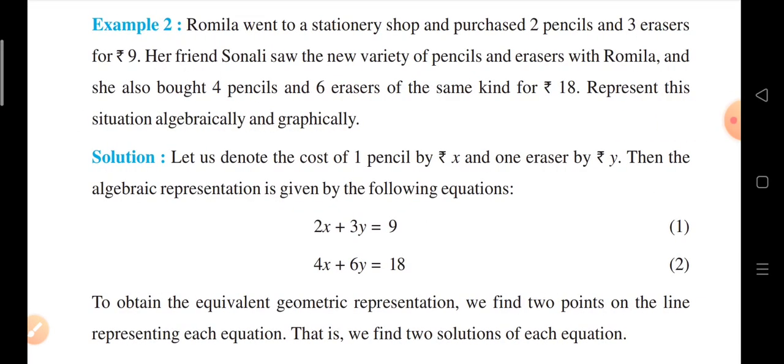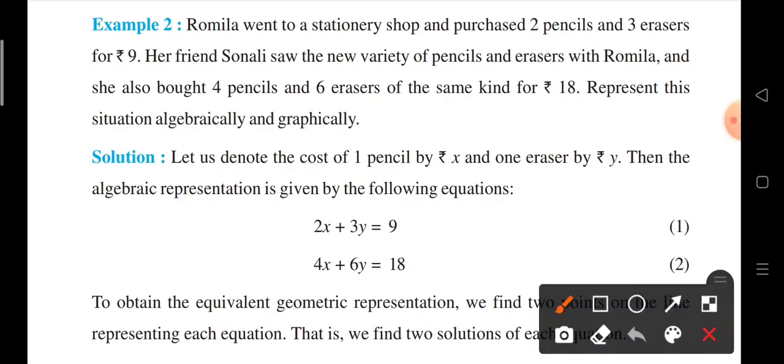In this video, we will discuss the solutions of linear equations. They are either intersecting lines, parallel lines, or coincident lines. In our last video, we discussed that they have one common solution, that is, they are intersecting. Now we will discuss example number 2.